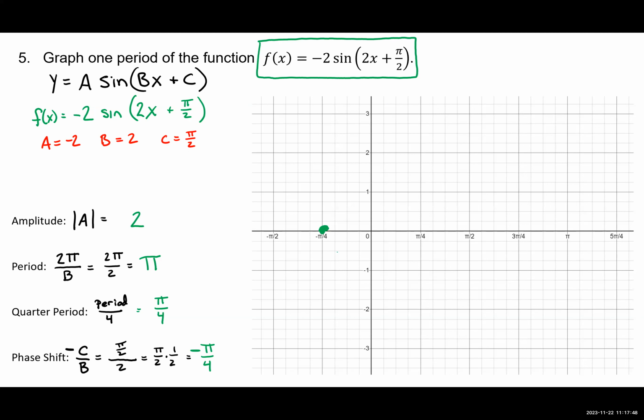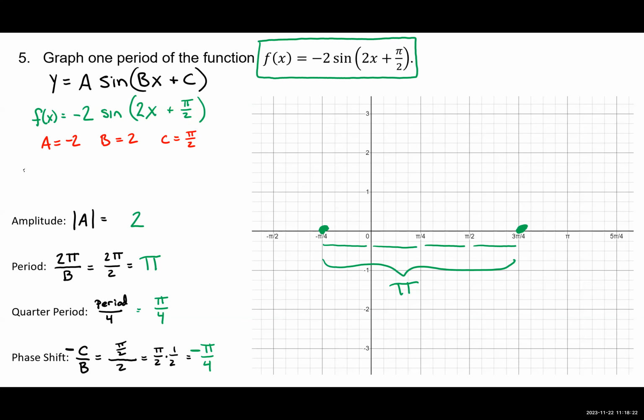The period is pi. So there's a quarter, there's a quarter, there's a quarter, and there's a quarter. So this is pi, a horizontal distance of pi on the horizontal axis. So the graph is going to start at negative pi over 4, and it's going to end at 3 pi over 4. Once you plot those 5 important points,